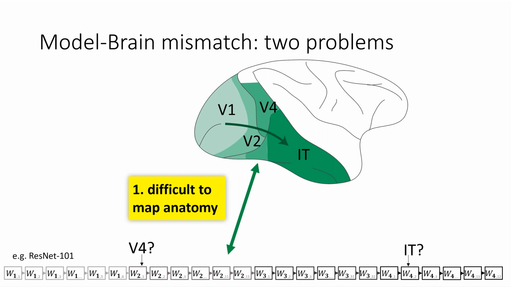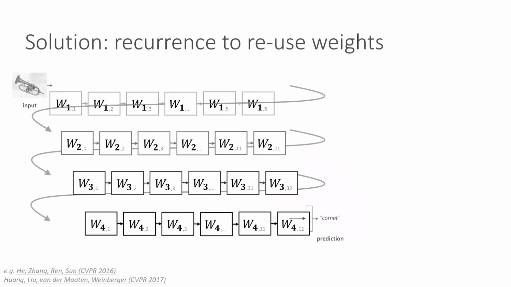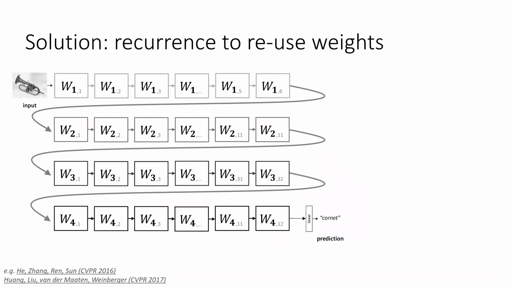And then a second problem that neuroscientists tend to get hung up on is that there are no temporal responses in these networks. We know that the visual cortex is highly temporal. It's not just one pass and then everything is silent. There's constant activity. Images are processed in multiple loops, and all these feed-forward models have a very clear lack of these temporal processing steps. So our idea was that when you look at the weight blocks in these networks,